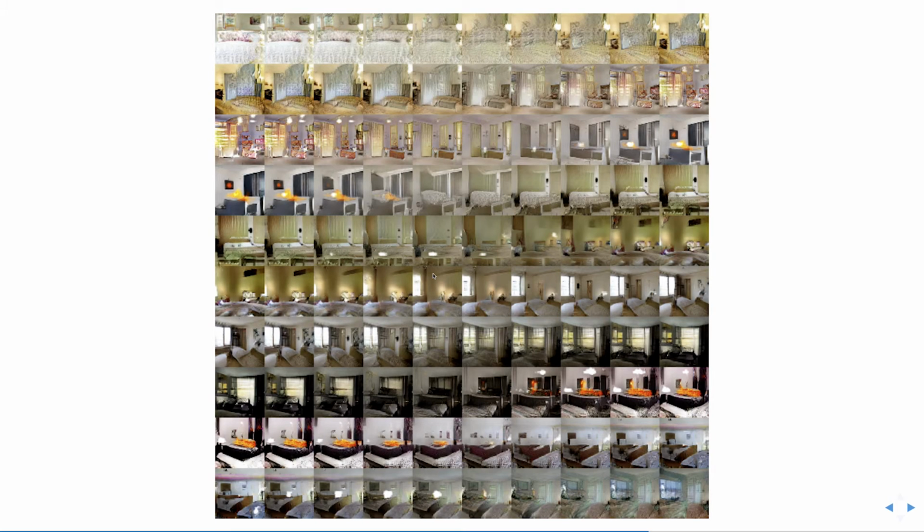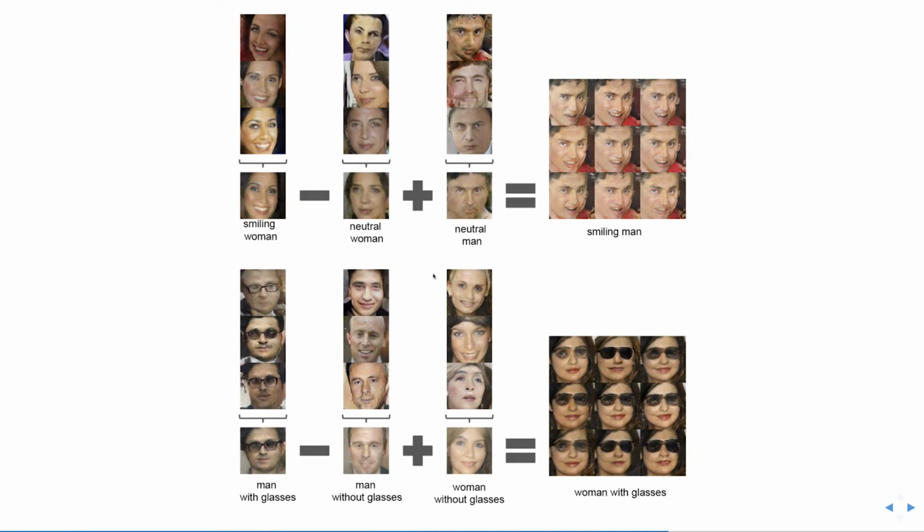Yeah, it's pretty nuts. And it gets even worse because they applied it to faces and they were able to do arithmetic on faces. None of these people exist, even though they look, I mean, these ones look really ugly. The newer versions are just amazingly detailed. But you can have the vector that describes a smiling woman minus the vector that describes a neutral woman, and you add the vector of the neutral man and you get a smiling man. So you can do arithmetic on faces.